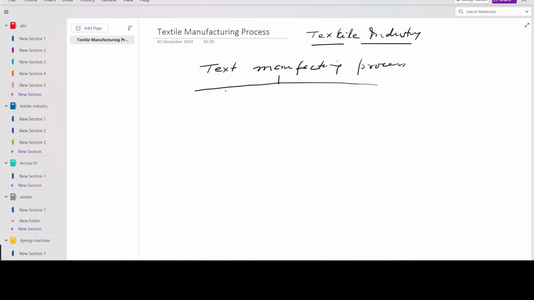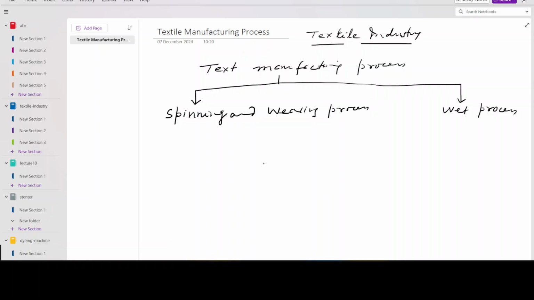Under this, we have two important processes. One is spinning and weaving process. And the other one is wet process. First of all, we will see the summary of all these processes that will give us an insight into the textile manufacturing process. Under spinning and weaving comes